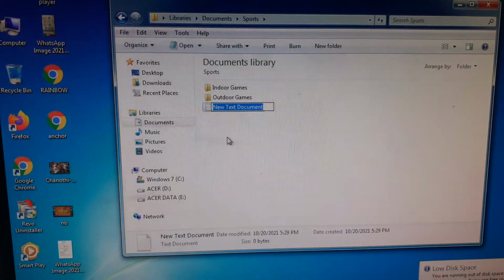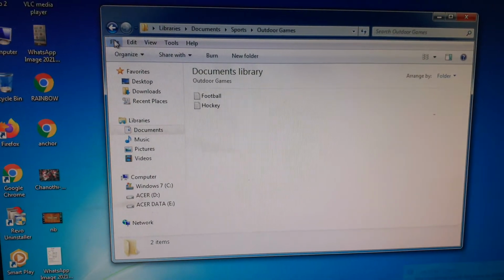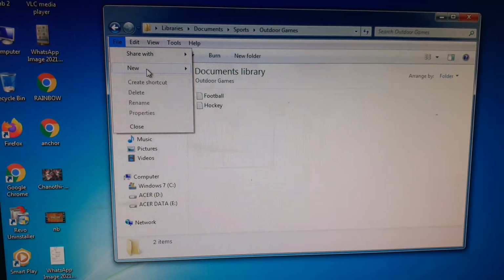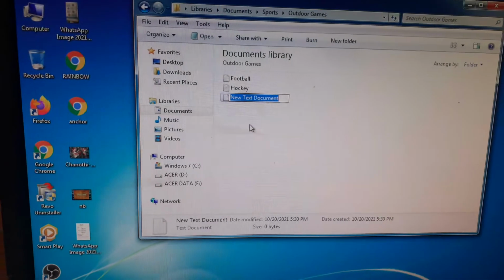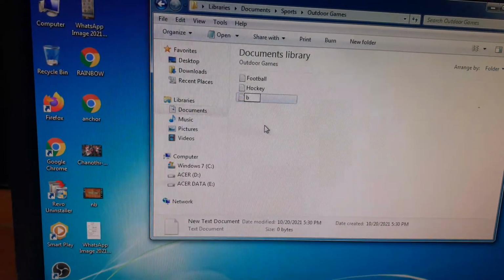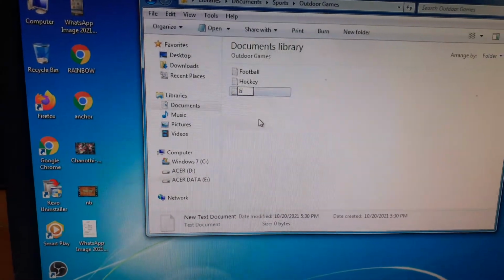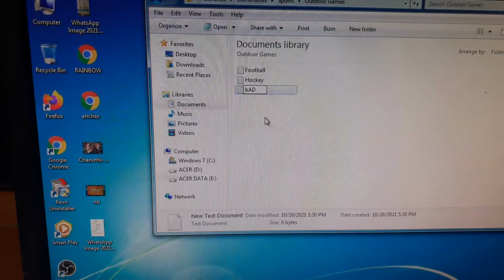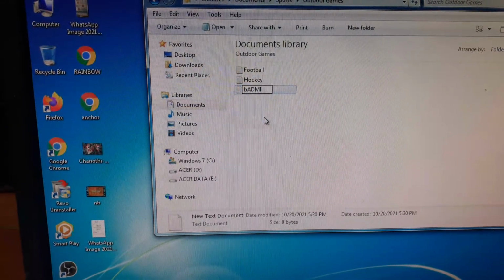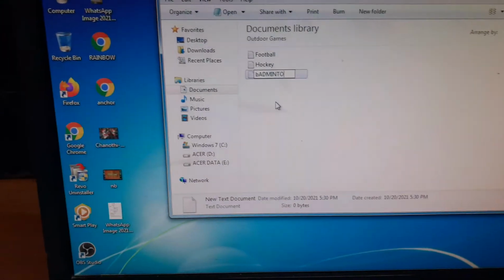So first of all, select outdoor games and then go to file, new, text document, and then we can write here badminton.